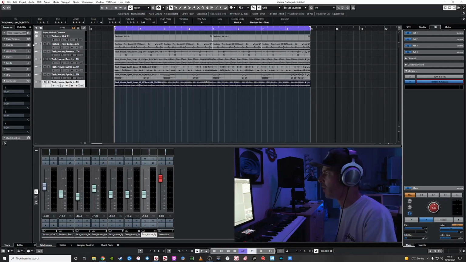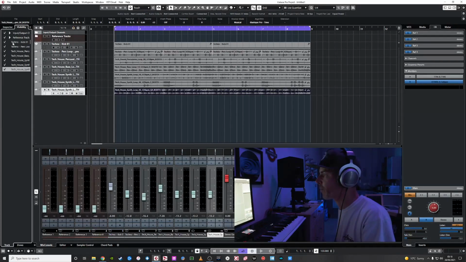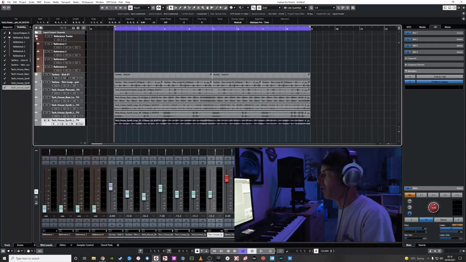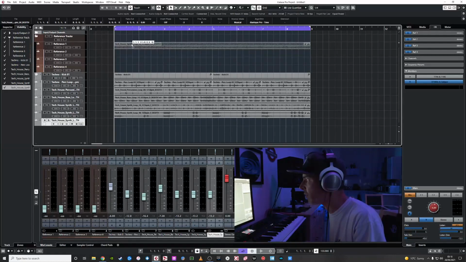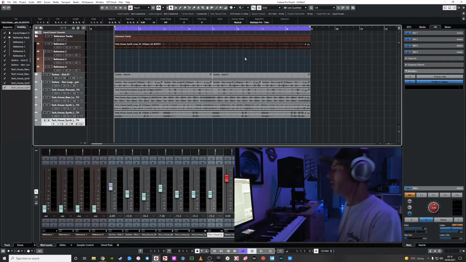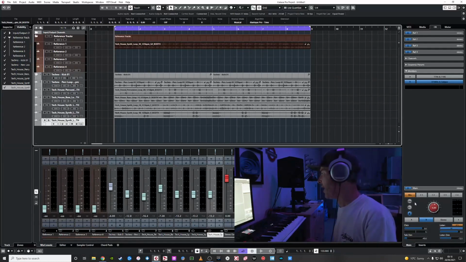but what you do, let me unhide them. I have these as part of a template that I always start with, and I can just drag any reference track I want, up to 4 for a project, onto here. And all I have to do is to A/B between my main mix and any of these is click these buttons. And I'll demonstrate it maybe with this synth loop on reference 1. If I play now, you'll hear the main mix, but if I hit C1,